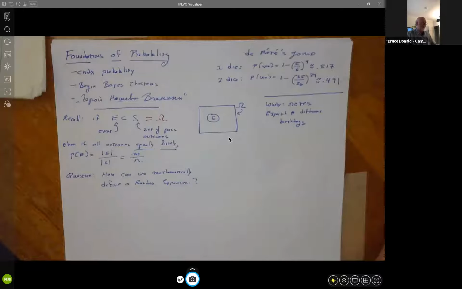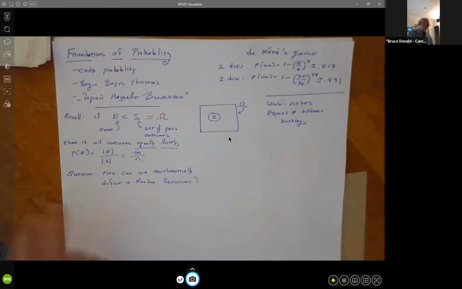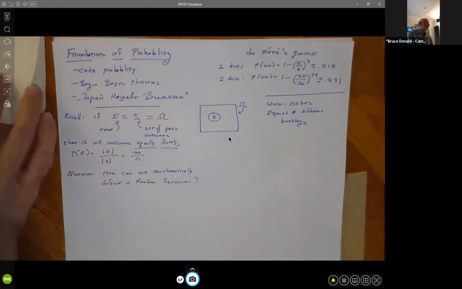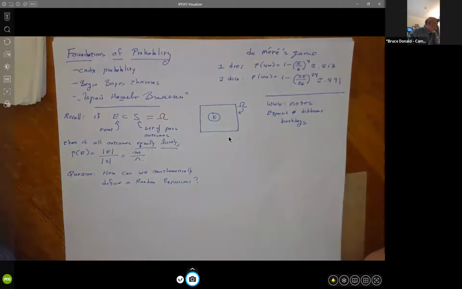So the key insight for this first part of the lecture is that probability is actually founded on set theory, and that's why I wanted to teach you enough set theory to understand that foundation. So let's now address our question: how can we mathematically define a random experiment? Think about this. For example, what does it mean to choose a random point within a unit circle? What does that actually mean? We can actually define what that means and talk about it rigorously.